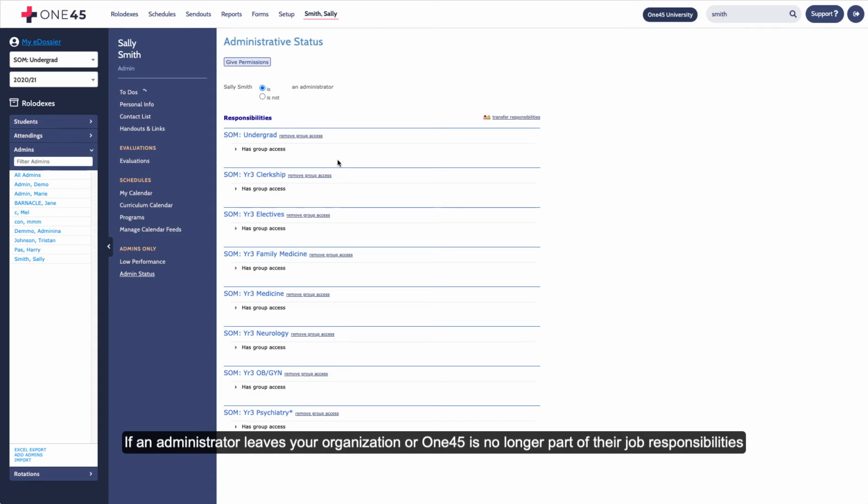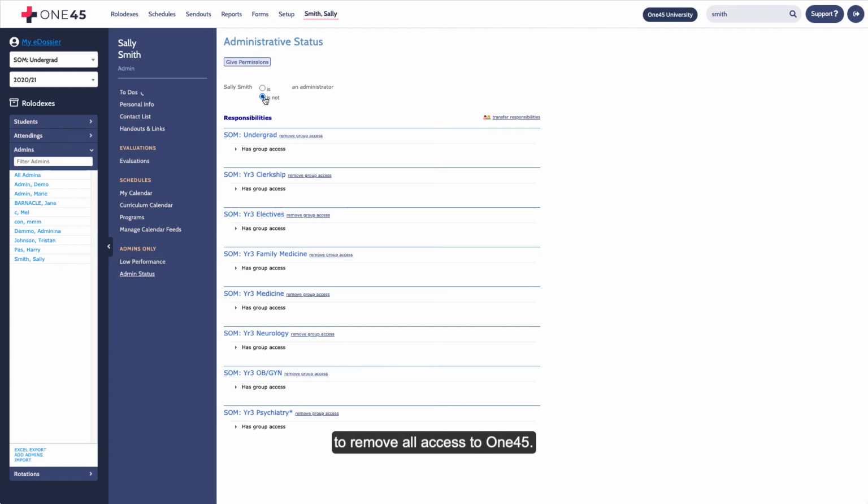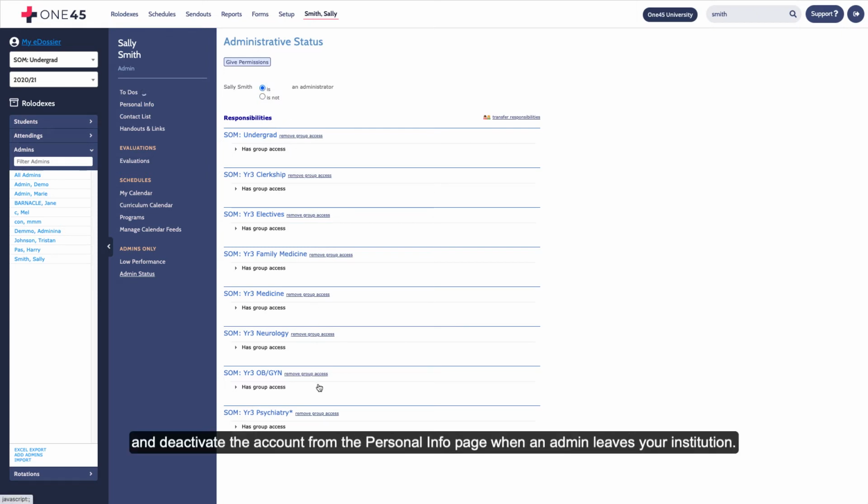If an administrator leaves your organization or 145 is no longer part of their job responsibilities, and you need to take away all admin access, you can use the Is Not an Administrator option to remove all access to 145. You can also use the Remove Group Access option and deactivate the account from the personal info page when an